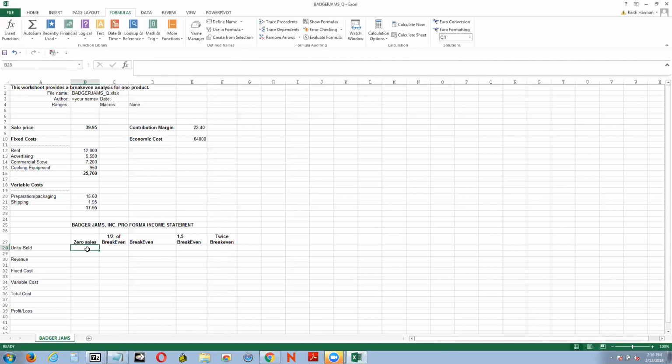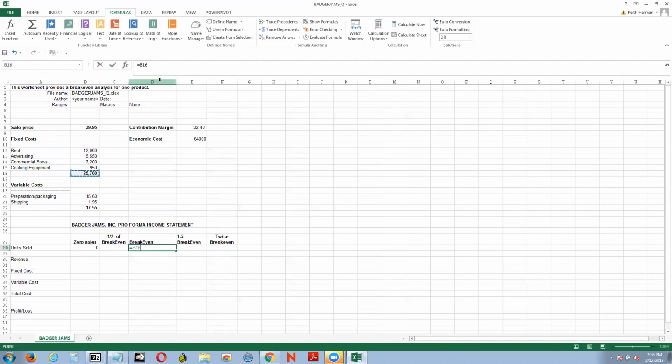Now, I'm going to come down here and let's see, and I've got 0 sales. So if I didn't sell any units, I'm going to go ahead and compute that, and it's going to equal 0 times, and I want to see if I can find the sell price. Boom. Okay. Now I want to find the break-even point. All right. We've done one that's easy. And if you take a look there in the text, they're going to tell you the break-even units is the fixed cost over the contribution margin. So the break-even units is going to equal